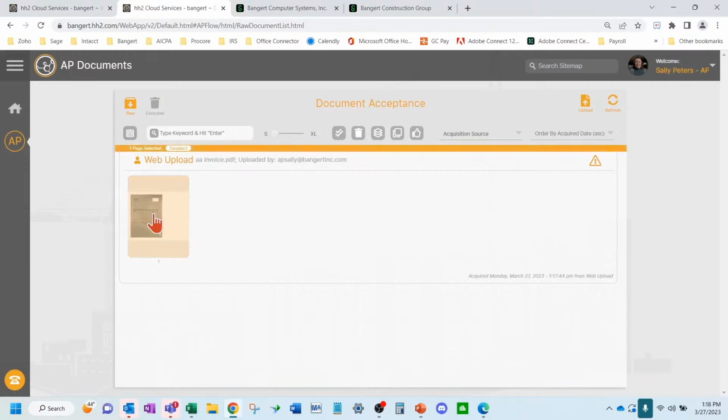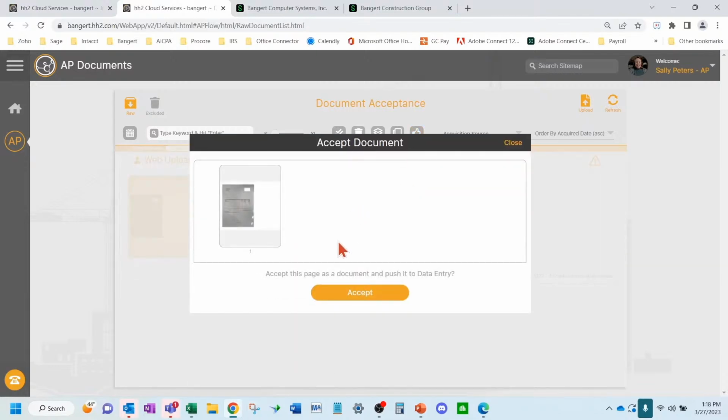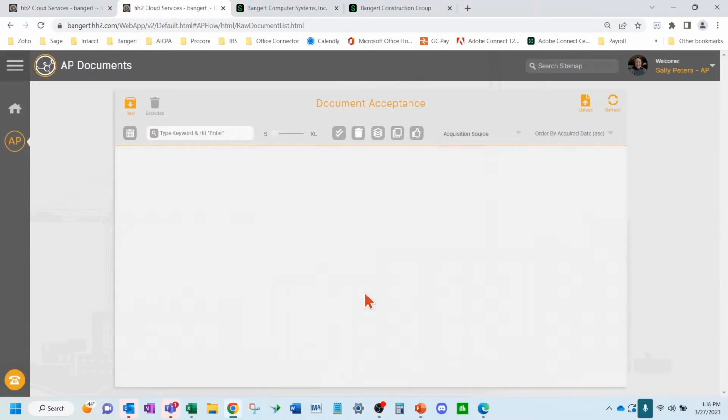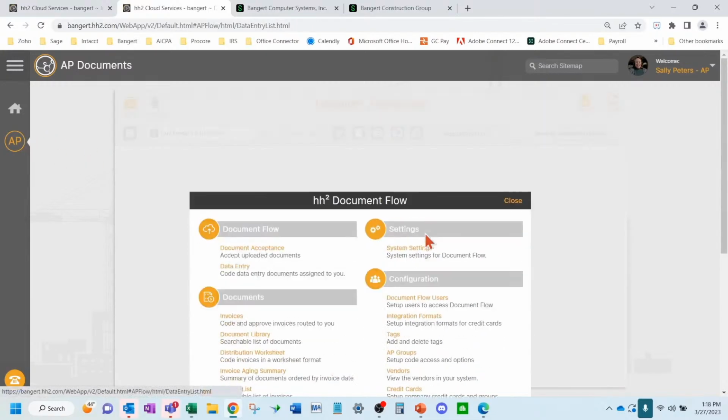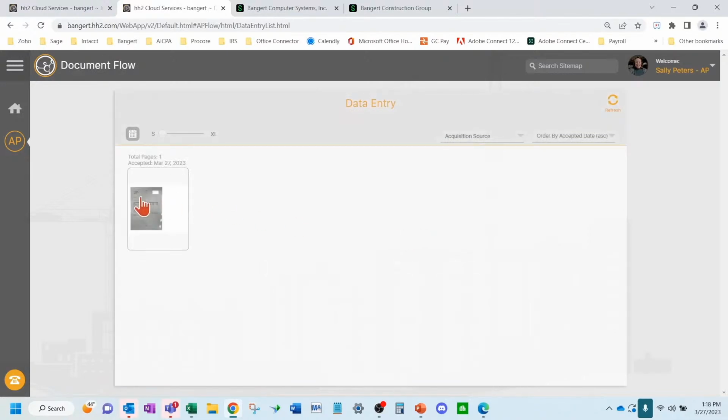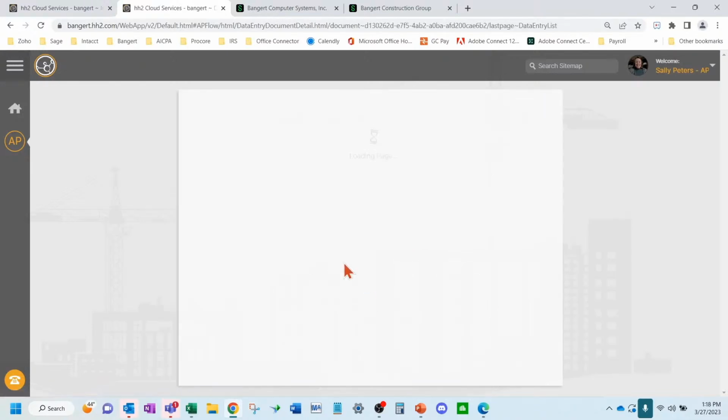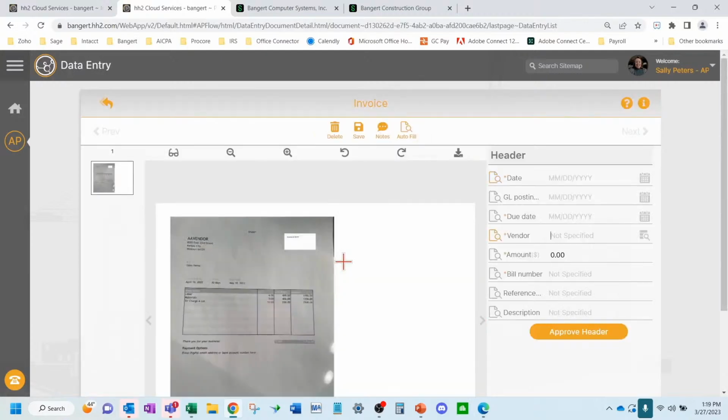Okay, so if we click it here and we like it how it is, then we're just going to hit this thumb right here and say accept. Okay, so now we're going to go over here, and you have multiple documents in here normally. So you click on this image. First of all, something to point out, once you're done with this one, you can go to the next one. You don't have to keep going back to the previous screen. So you can just keep going through.